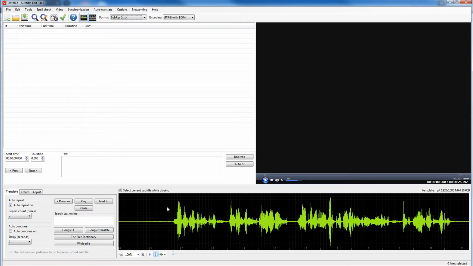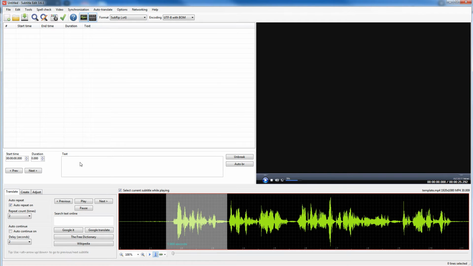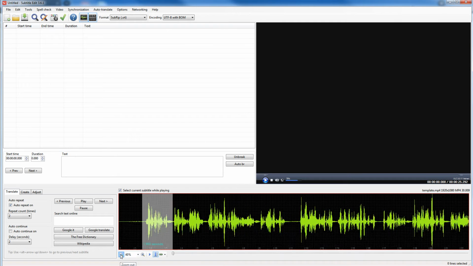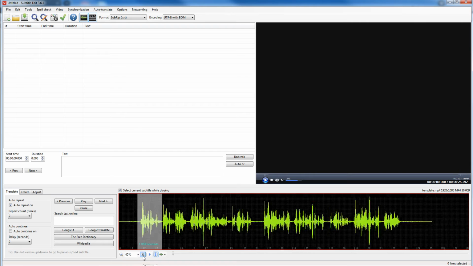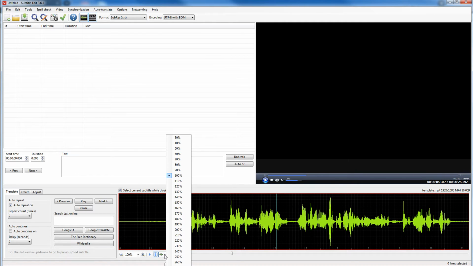Now all you have to do is select an area from here, right click, add text here, to add subtitles to this area. Also you can zoom out or zoom in. You can select playback speed.